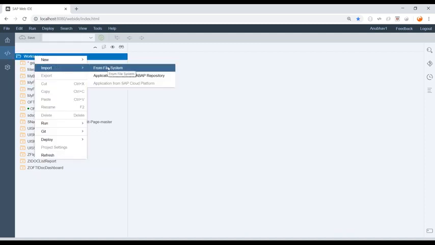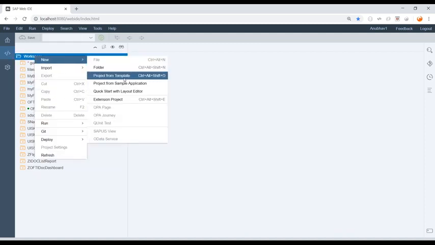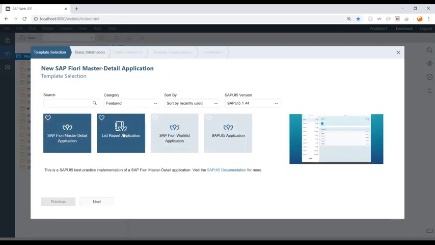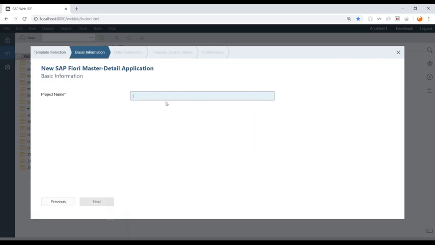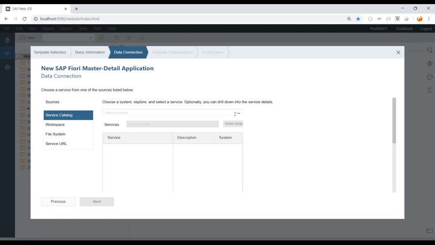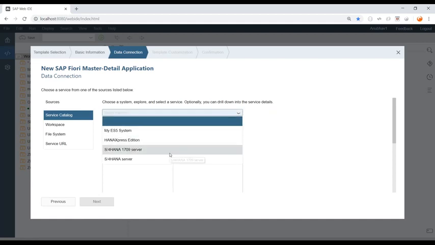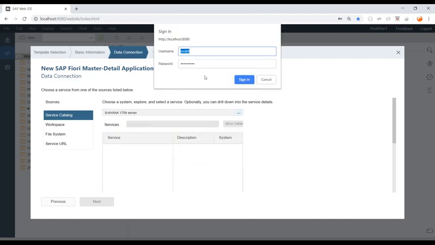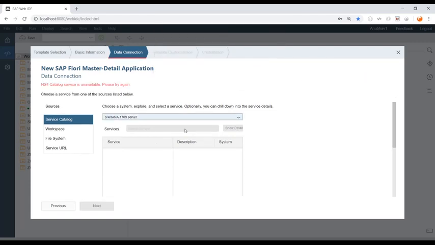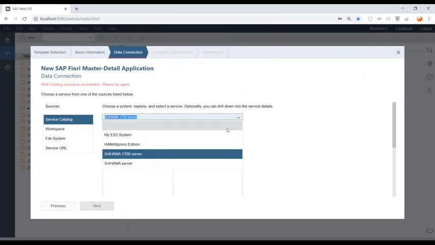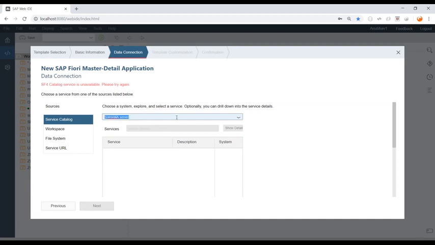So say import, say new project from template, and I'm going to choose project from template with maybe master detail. Say next, and I'll just give here the project name. I can say my app product. Click on next. Just select here the drop down, select my SAP S4HANA 1709 server, put in my username and password. Oops, it's giving me some error suddenly. Why